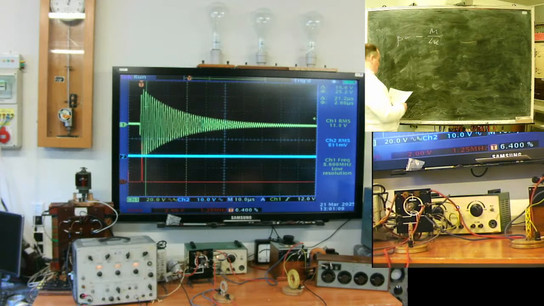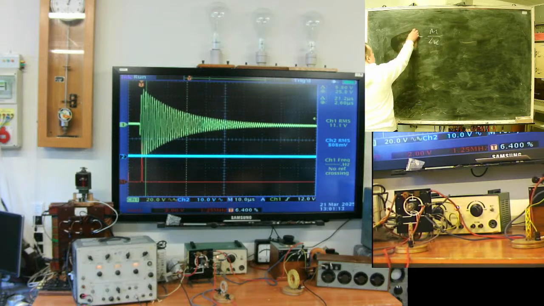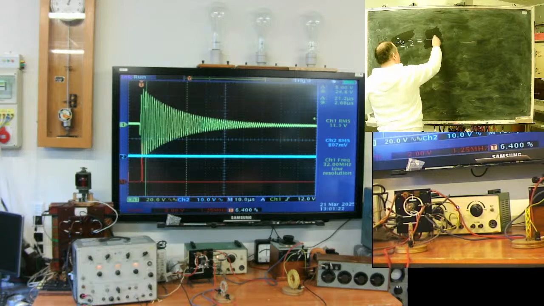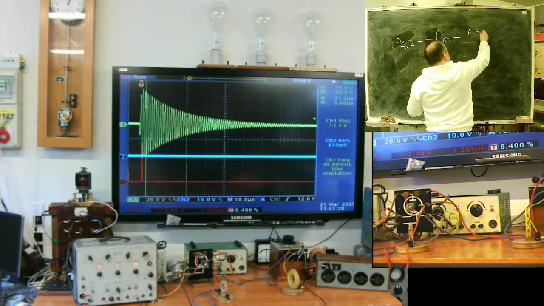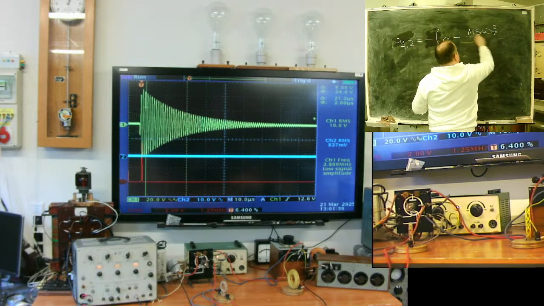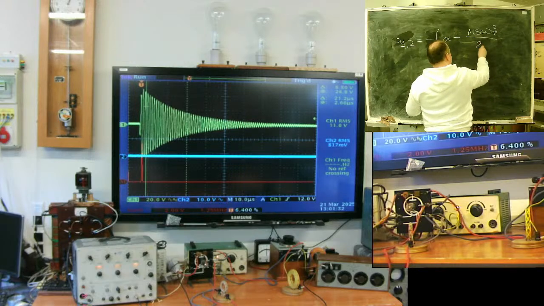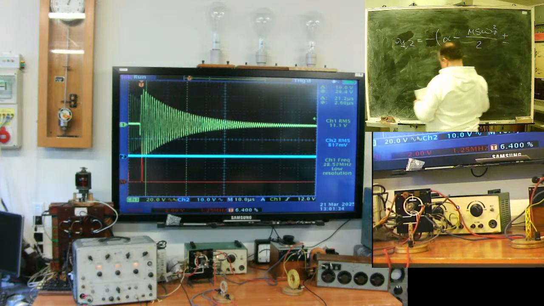In such a case, I will have again 2 lambdas, and they will be minus alpha minus ms omega 0 squared divided by half plus minus